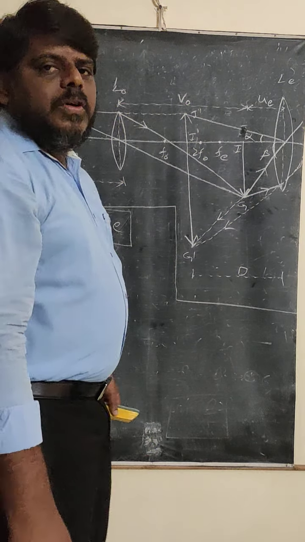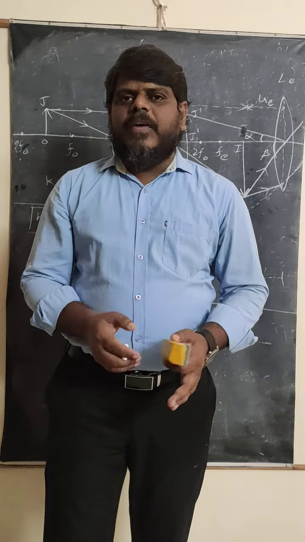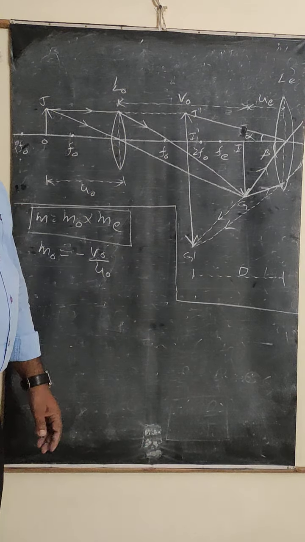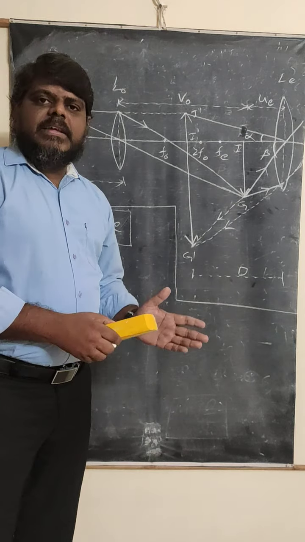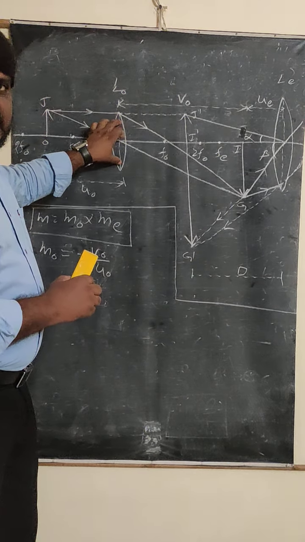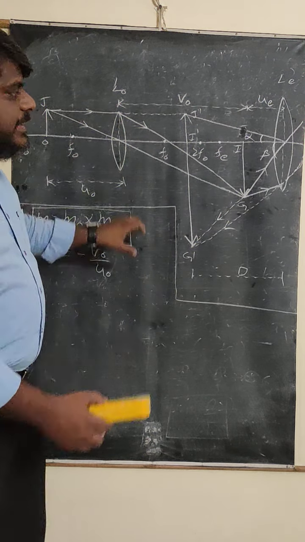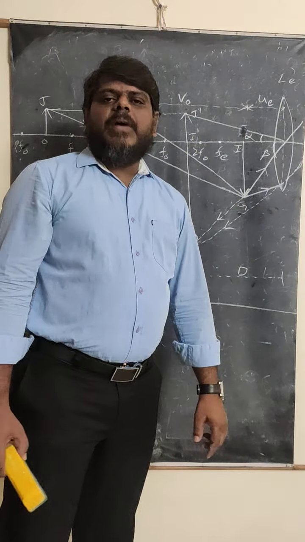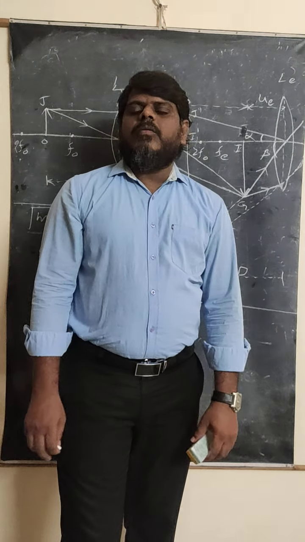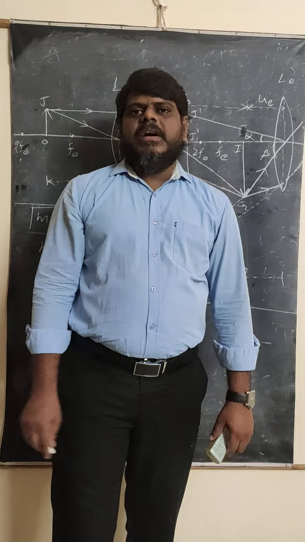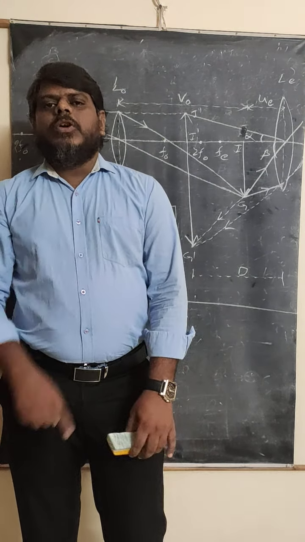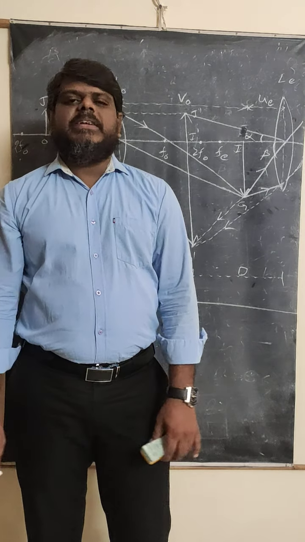Even if we go for the near point or the far point, the objective magnification does not change. Remember very carefully, either the near point or the far point, the magnification of the objective lens does not change. Which magnification changes? The simple microscope, the eye lens magnification only. And we know that for the near point the formula is 1 plus D by F, and for the far point the formula is D by F. Based on that, the total magnification of the compound microscope will change.